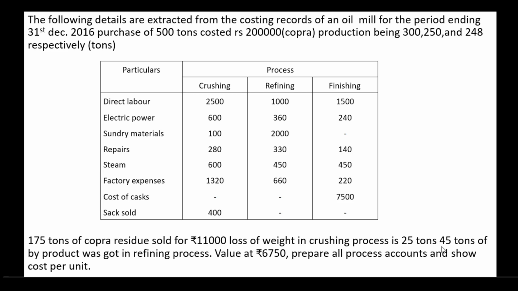And the next 45 tons of byproduct was got in refining process. So in refining process there is byproduct, that is the 45 tons. So it is entered in the refining process in the credit side. Value at rupees